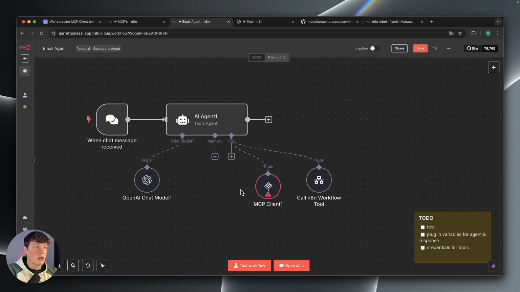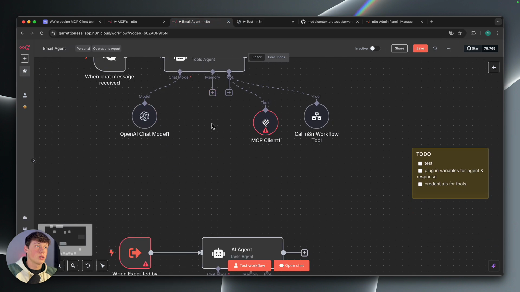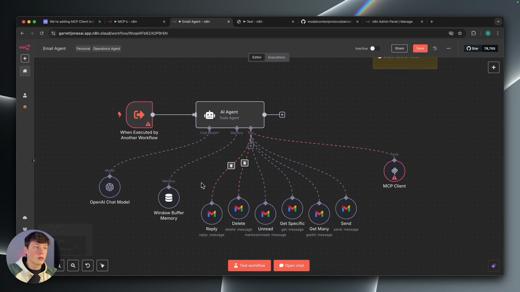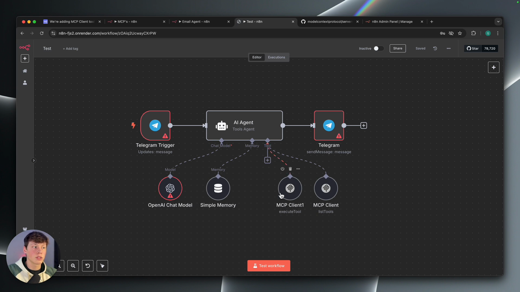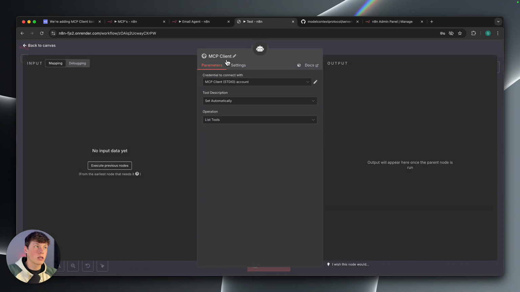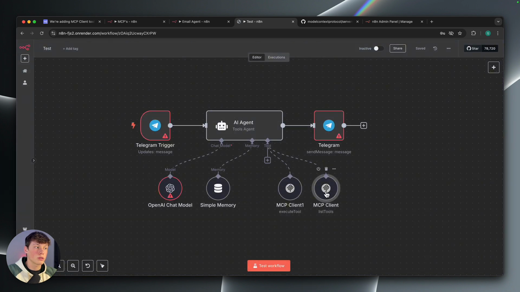community nodes. So the community nodes currently allow us to do what I've done here. So this is a workflow or an agent to manage my email. So like I mentioned before, I have the 6 different tools. Now inside the self-hosted version, we can have this. So this does the exact same thing with only 2 tools. So you just connect your MCP client here to your Gmail account, and then you can have just 2 tools. So one just lists all the tools available, and then one executes a tool. So we can just use these 2, go back and forth, and determine which tools using this, and then execute